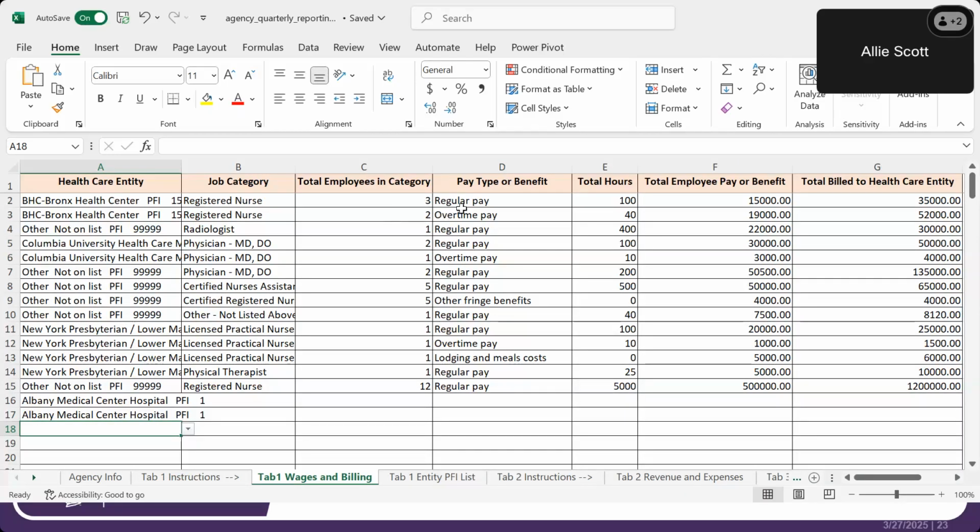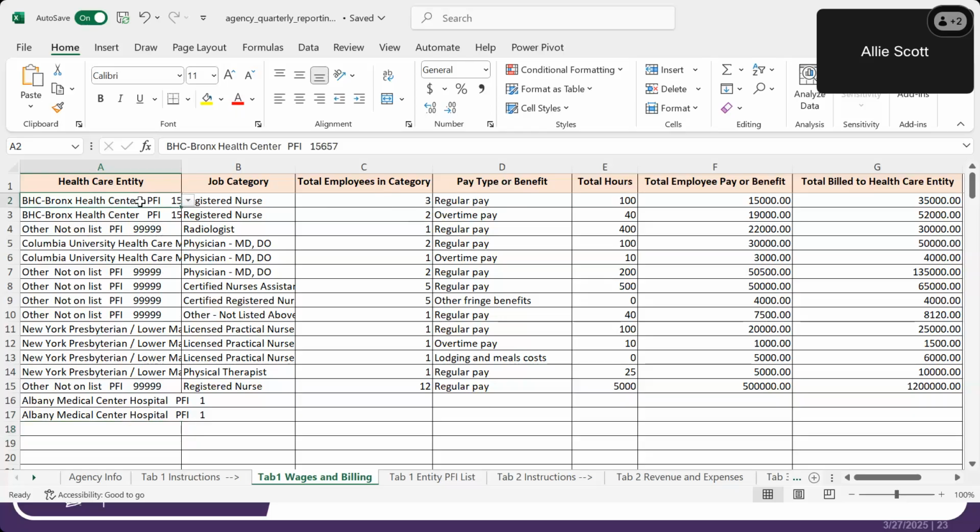Across those three levels, this is how you're going to be reporting. And you're also going to want to include the total number of employees within that particular category for the particular pay type or benefit. So in this example that I have set up here, we have 3 registered nurses that are working for Bronx Health Center.